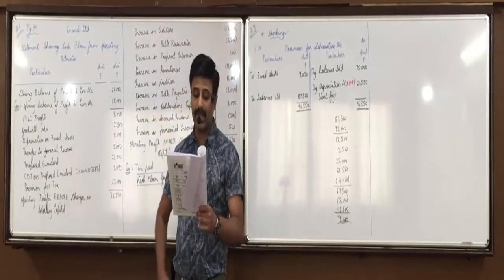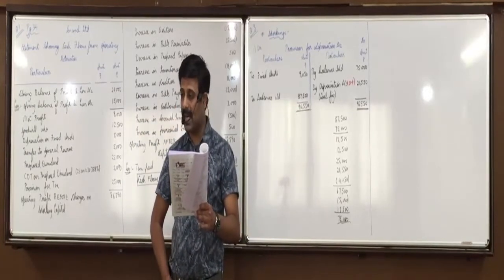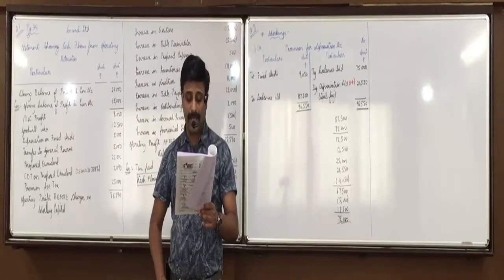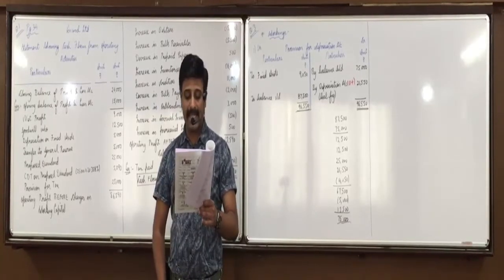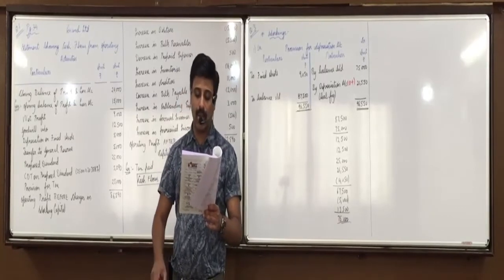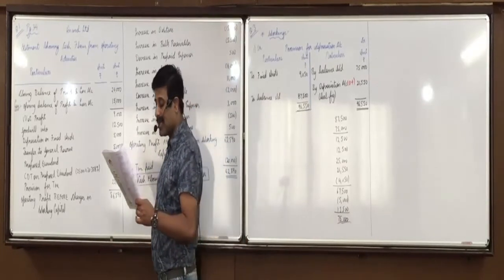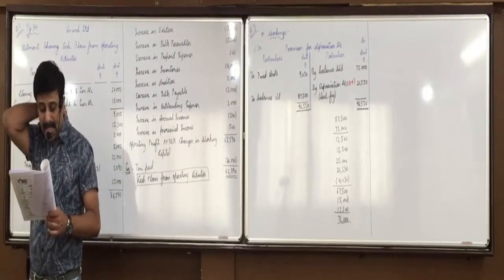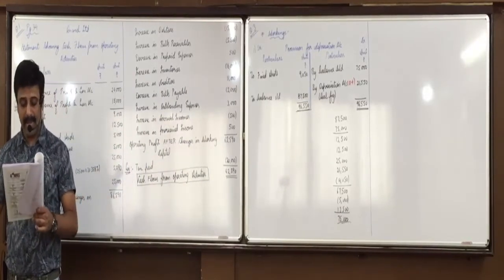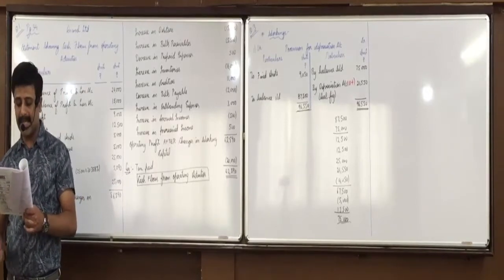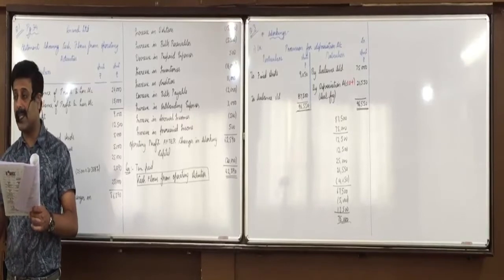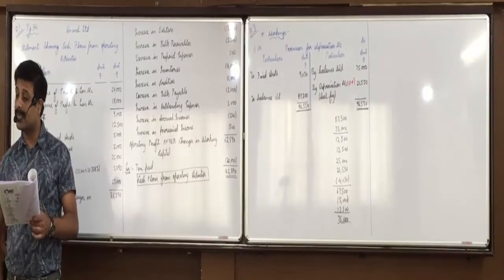What about profit and loss balance? Opening balance, starting point, plus goodwill written off 9,000. Trade payable, current liability, it's increasing, direct relation, so plus. Then outstanding expenses, again current liability, direct relation, increasing, so plus. Bills receivable, current asset, increasing, inverse relation, so minus. And prepaid insurance, current asset, decreasing, inverse relation, so plus.